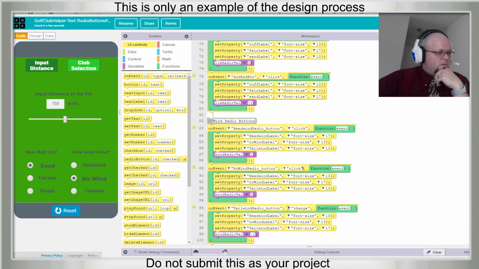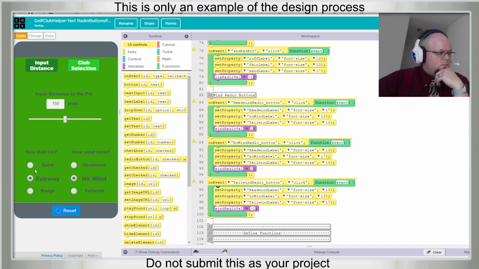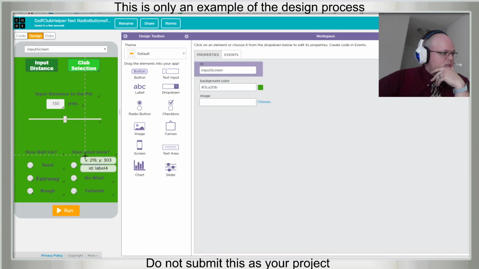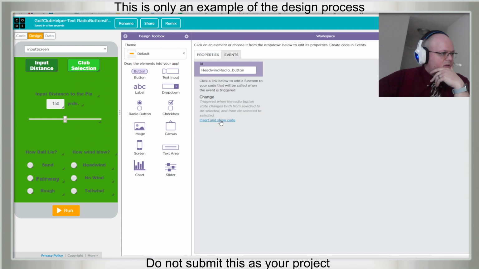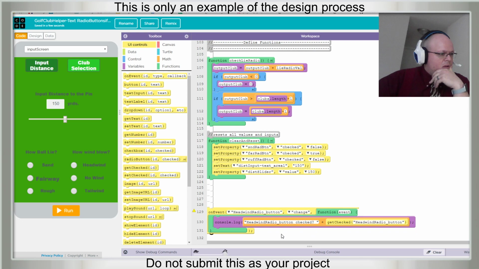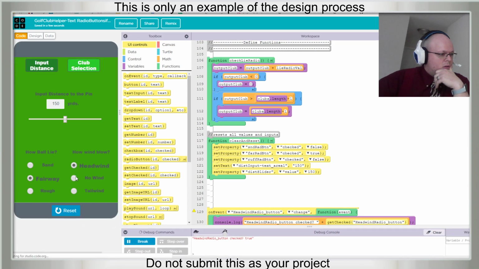I'm surprised it worked before with click. Still no. Do we change the names? Headwind radio button. Let's see what an event looks like. Headwind radio button change. Huh.